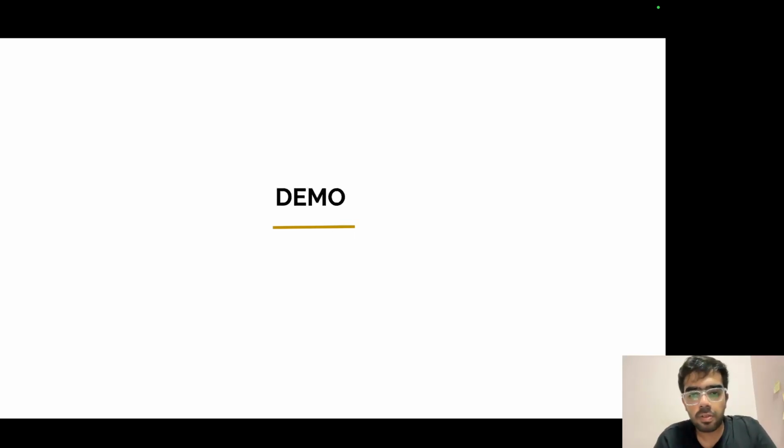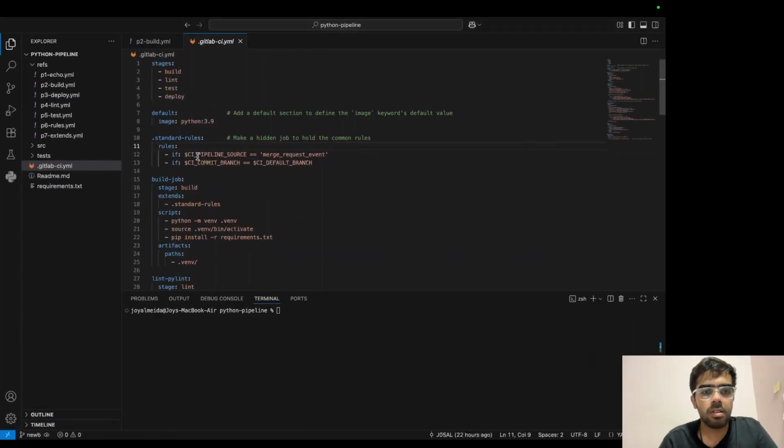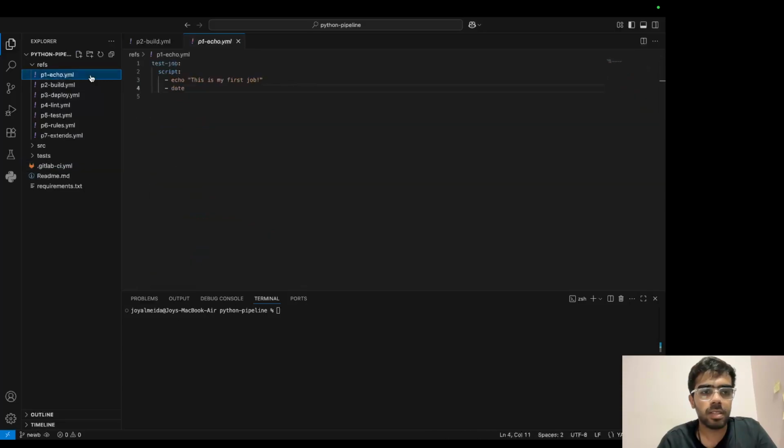So now let's move on to the next stage, that is the demo. So yeah, this is our final pipeline that we'll be building. Don't be overwhelmed by the size of the pipeline. To make things easier, I have divided the pipeline into multiple parts and we'll be going through each part one by one. We'll start with a small pipeline which contains a small job,